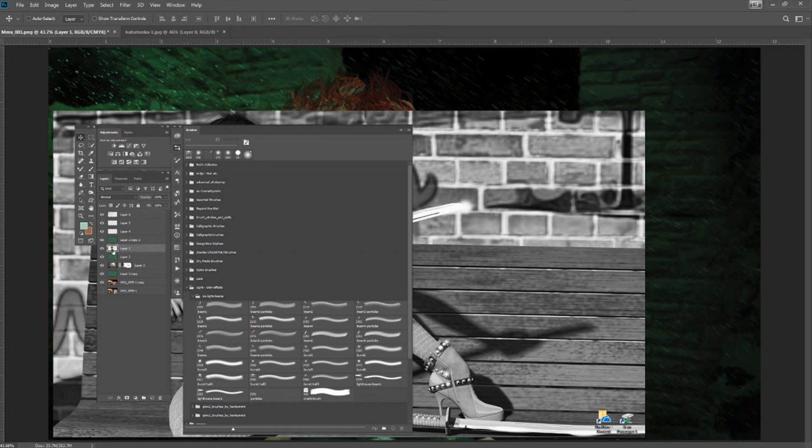This is the layer that Mera is on. So if I Control click, it will select her, and then I can come down here and hit the layer mask. And that, Control I, makes her go away. Control I again, so that masks out everything but her. And then if we do Alt and copy,